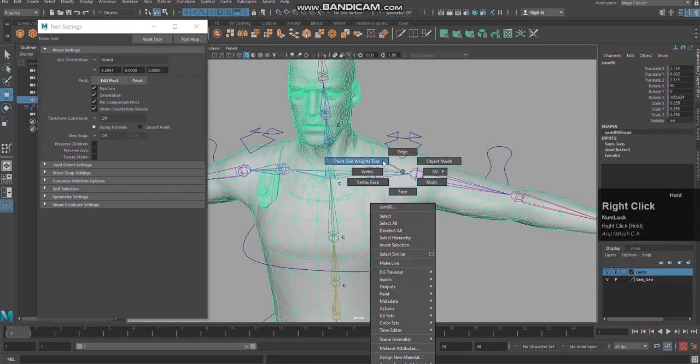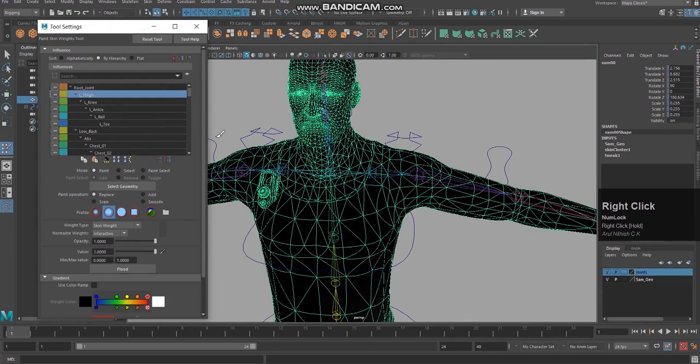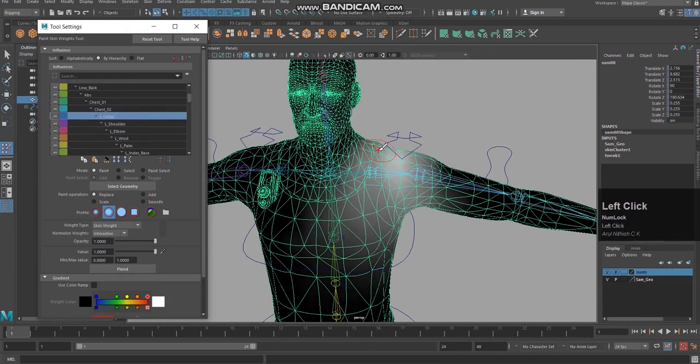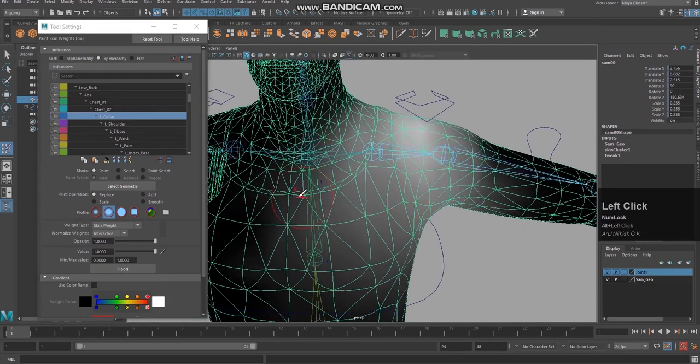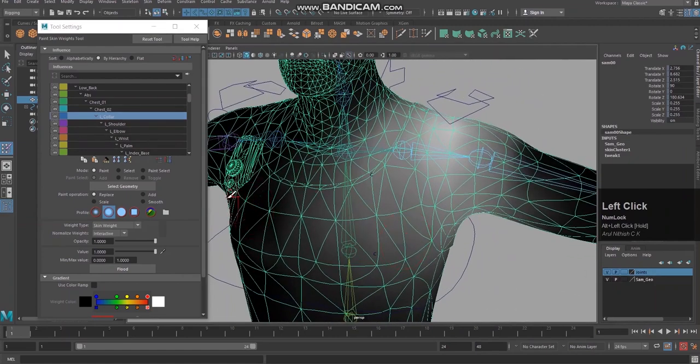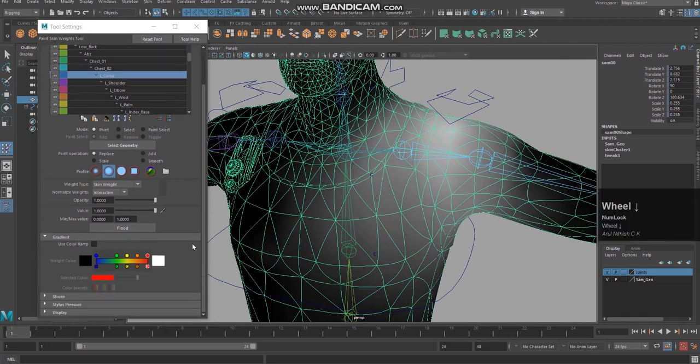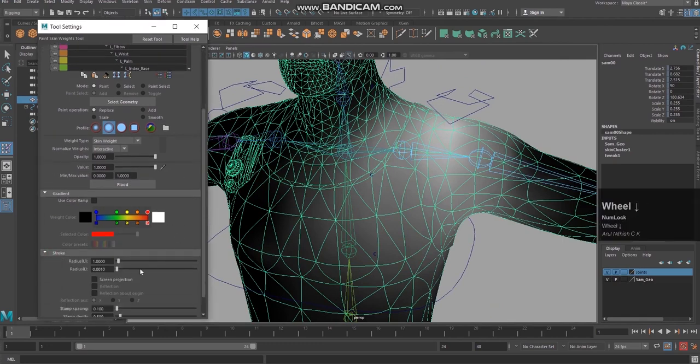So I'm going to the paint skin weight tool, select left collar. Okay, see, you can see the white color here. Okay, right? By default the brush size will be right. You can see the stroke and the radius will be 1. That is the brush size. In case you feel it is bigger in your system, maybe some settings have been changed, okay, you can change it here,